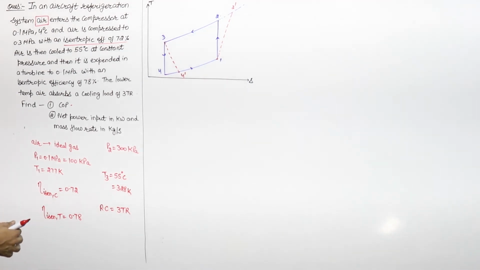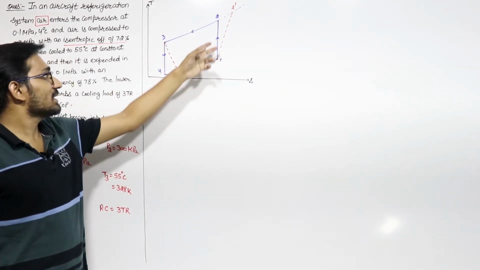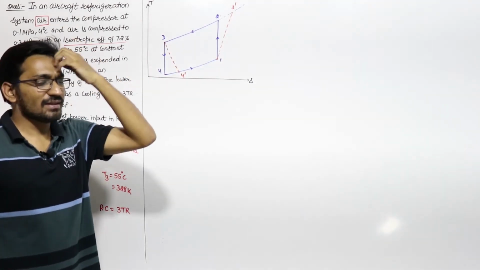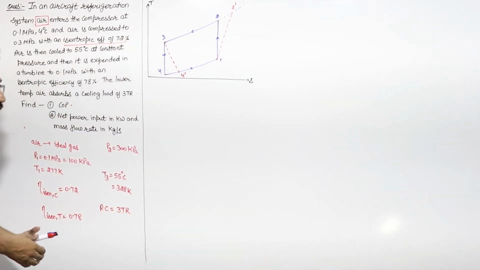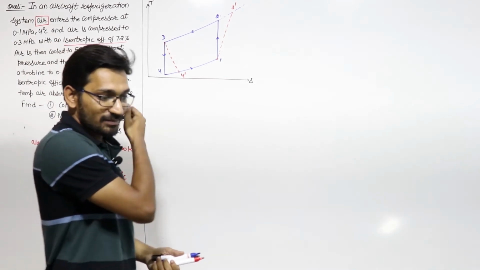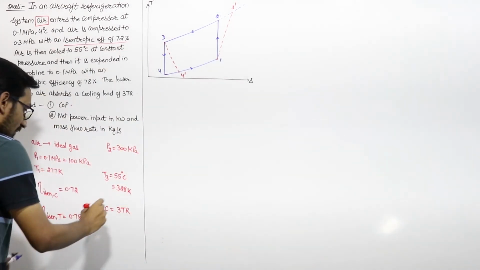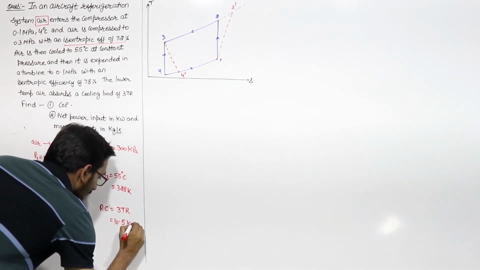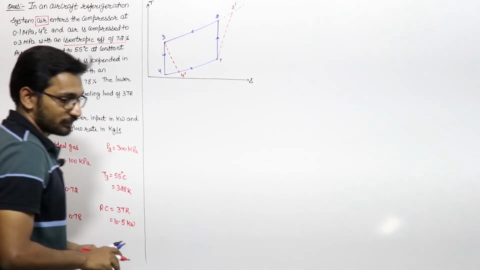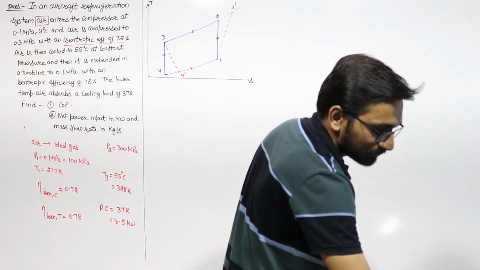Now, before solving, what we have to find? We have to find the temperature at each and every point, right? This is a very good question in which the isentropic efficiency concept will be there. So now let us start solving this. The refrigeration capacity will be equal to 10.5 kilowatt, 3 into 3.5 is 10.5 kilowatt, right? This we know. Now, let us start solving this.